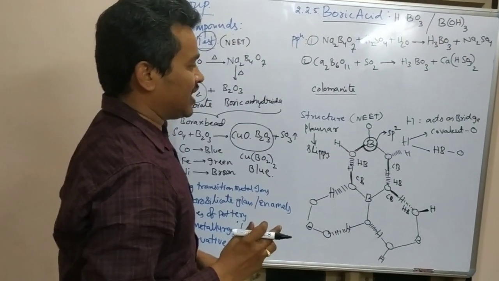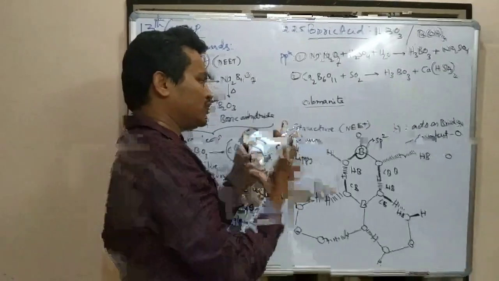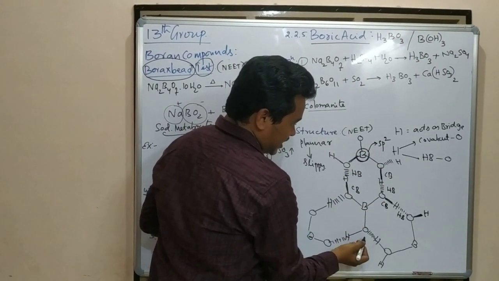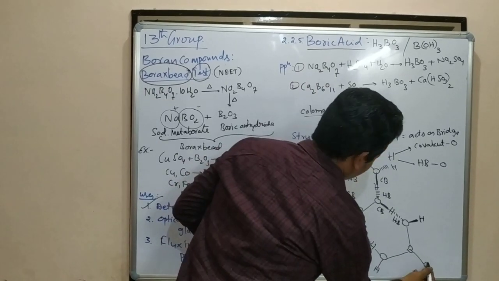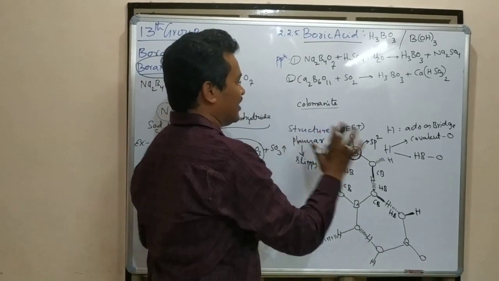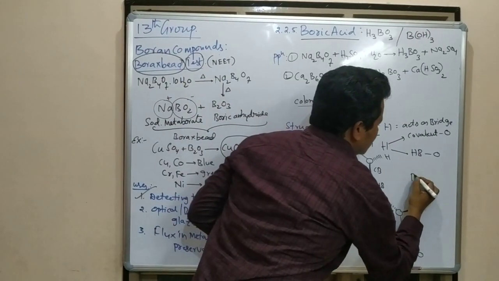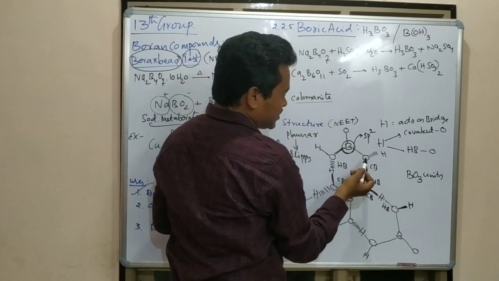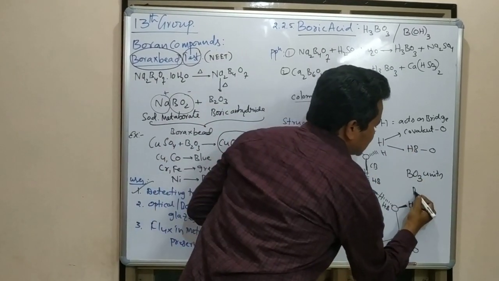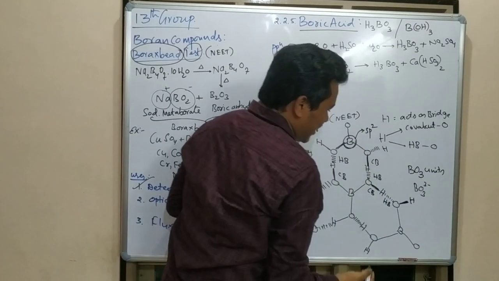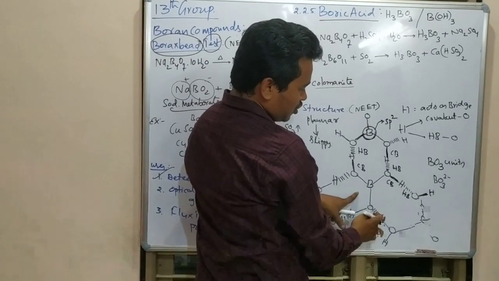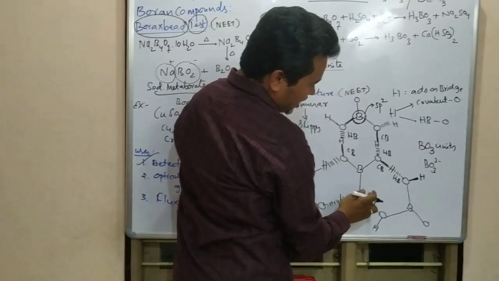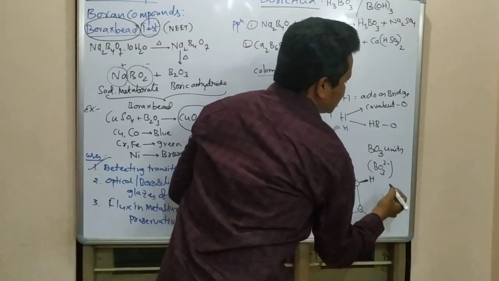And one more thing is here, the units. This full structure is made of units. We are going to divide the unit as 1 boron with 3 oxygens attached. 1 boron, 3 oxygens attached. So that we are writing this one. It is a unit. Which unit? BO3 units. Otherwise you have to remove this. Here oxygen H is there. If you don't consider the H, it is BO3 3 minus. Why 3 minus? The 3 oxygens: here H, here oxygen minus; here H, here oxygen minus; here H, here oxygen minus. So BO3 3 minus units also will be there.